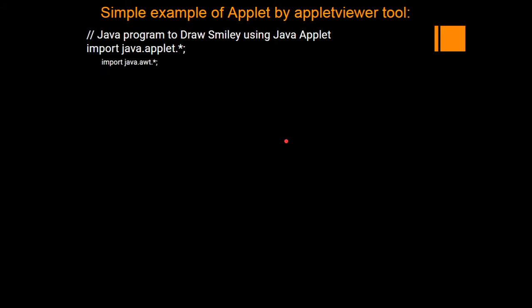Now let us see the simple code on how to draw a smiley using the Java applet. As usual, we have to include import java.applet because we are using the applet tool inside the program, and we are also using the AWT, the Abstract Window Toolkit. We are using that because a Java applet resembles the Windows screen. We have to include all the components of the Windows screen such as minimizing, maximizing, closing and all those things. So for that, Java has the package called java.awt.